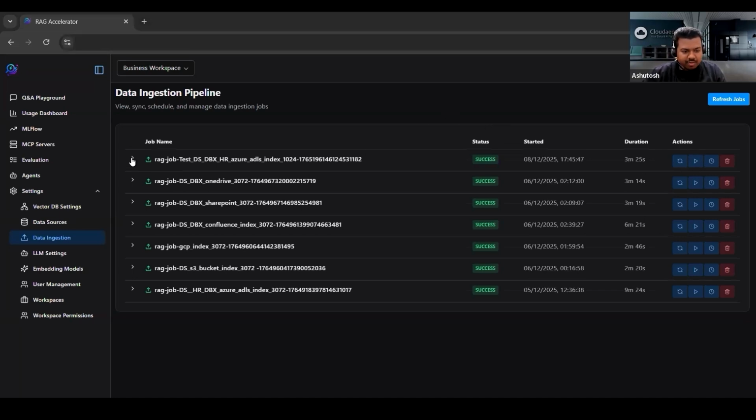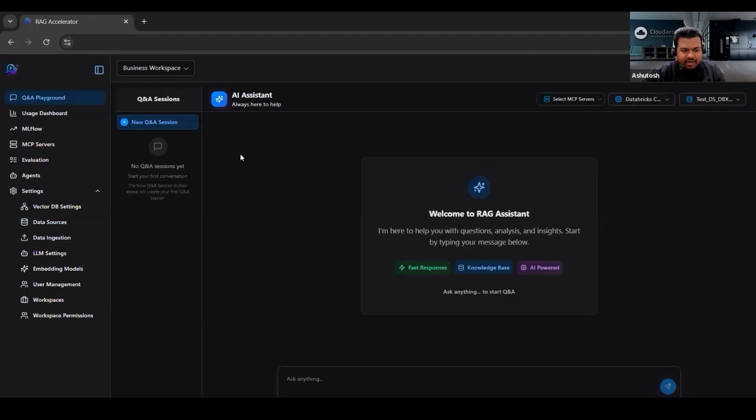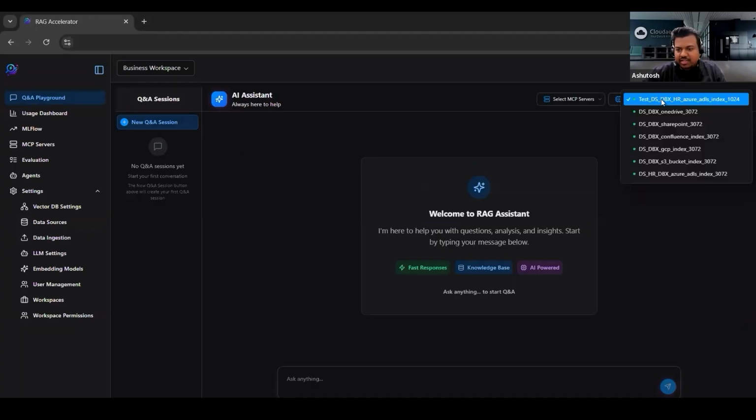Okay, so the job ran successfully and it took around 3 minutes and 25 seconds. Now let's see where we can use this particular data source that we have just created. For that, we will go to this Q&A playground where we will be able to chat with this newly created data source. As you can see, we have selected this new data source along with a model,